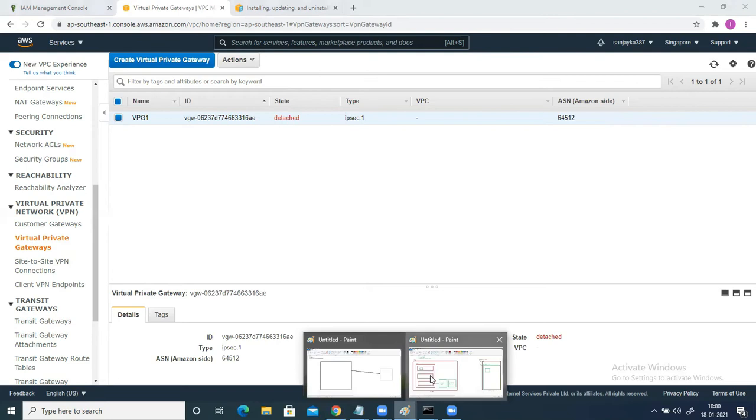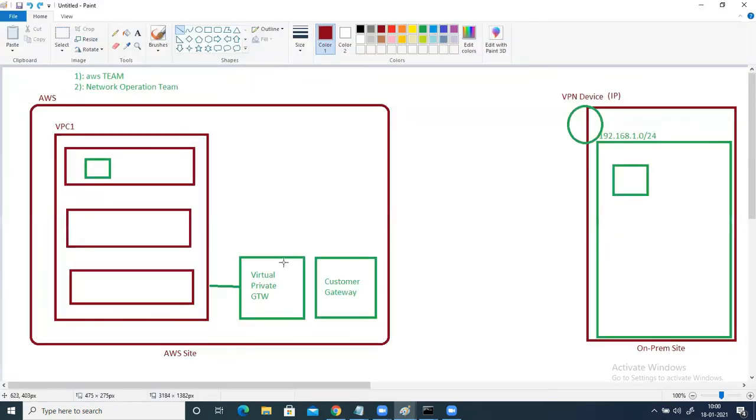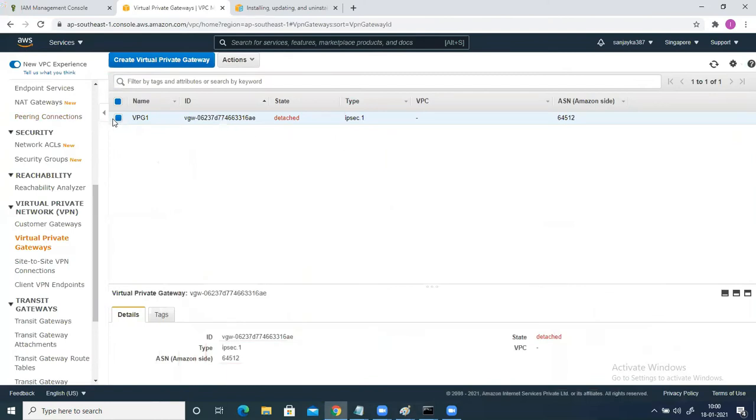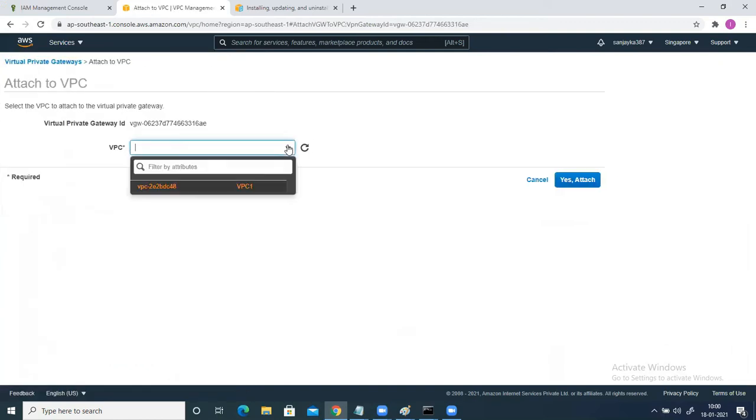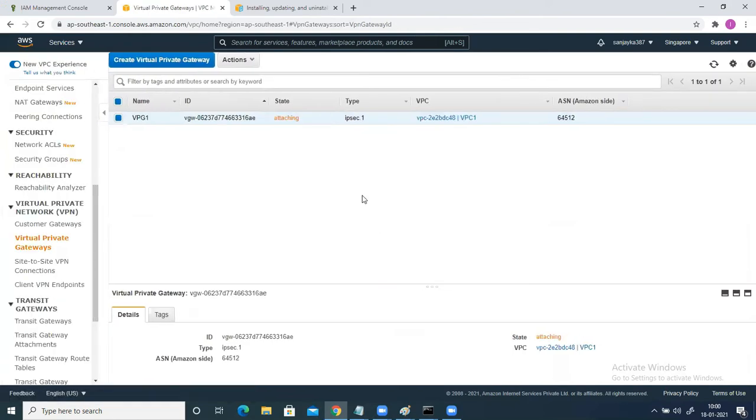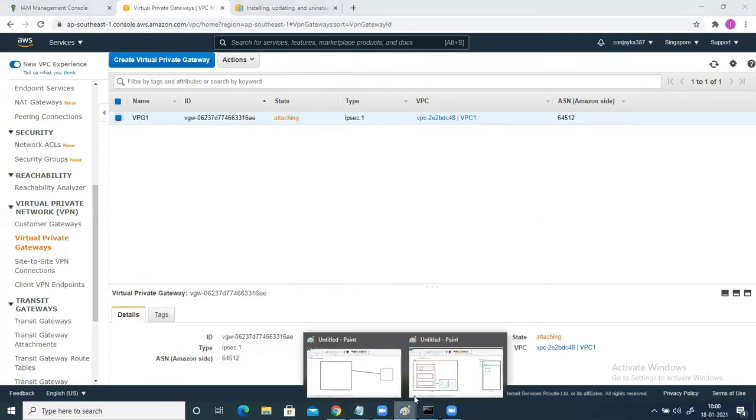If you see this diagram, I have already created the virtual private gateway. Now I want to attach it with VPC1. Select here, go to action and click on attach to VPC. Select your VPC, VPC1, and yes, attach. The process of the attachment is happening here. So this step is done.